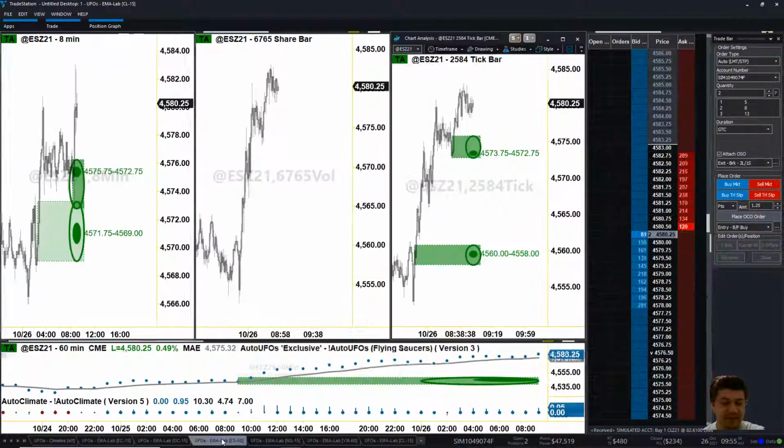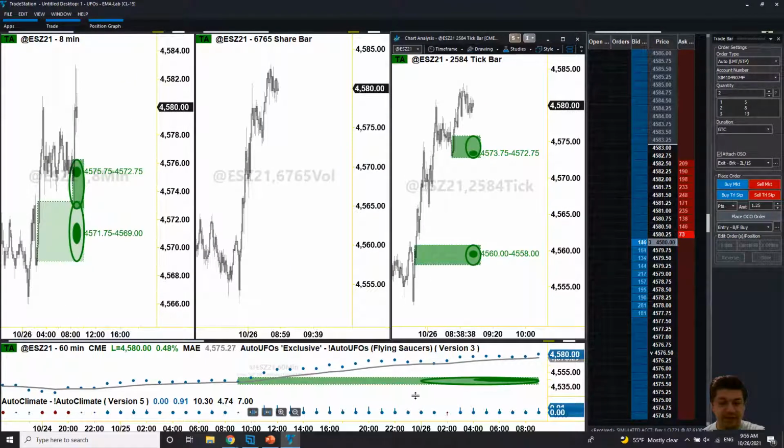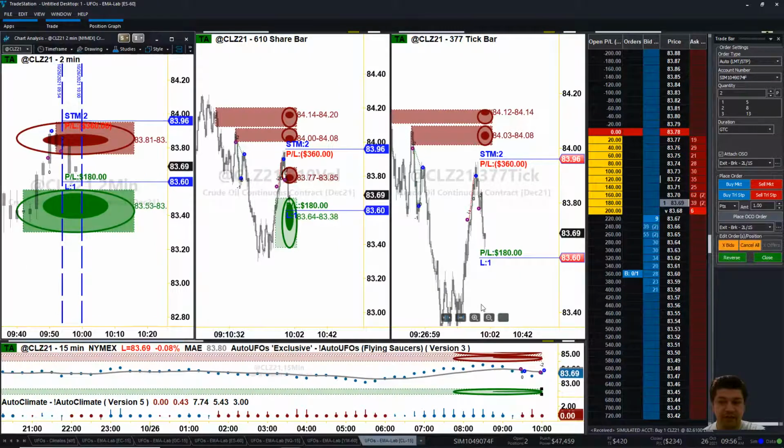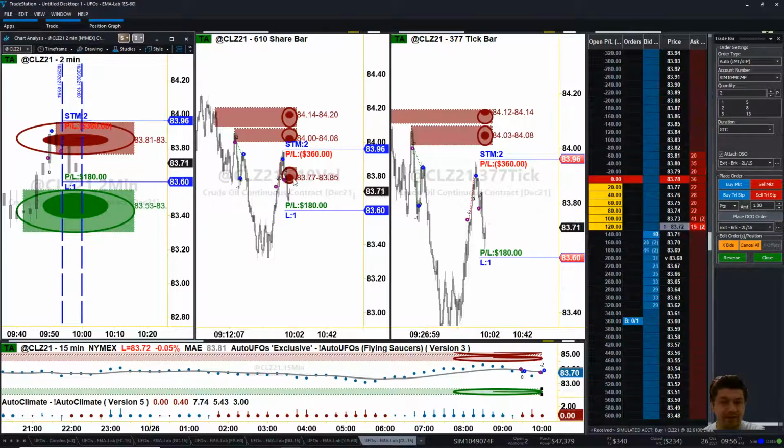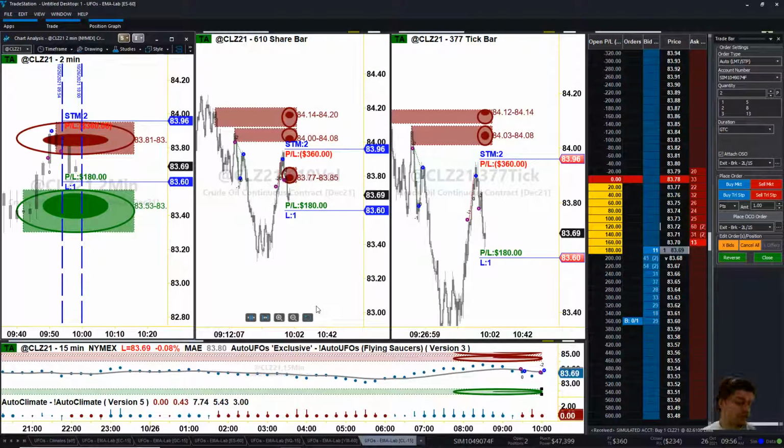Okay, nothing on the ES. I was really hoping to get in on the ES, but not doing much. Expecting a bit of a reaction off of those couple of UFOs. Now, if it tests this one and then pushes down, we'll be in fairly good shape. Okay,